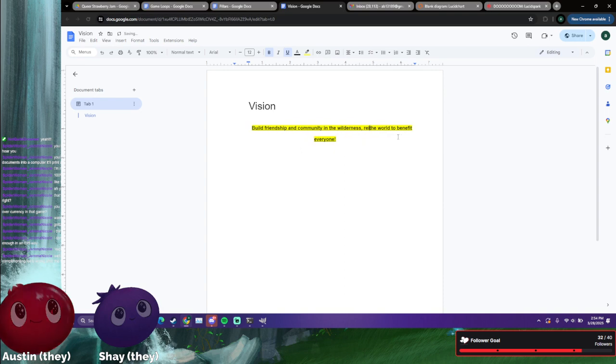What about reimagining the world to benefit everyone? Because that can still include building things, making changes, but it's not just about resources or exploitation. It gives more of an idealistic vibe, which I think is, to me at least, kind of core to the identity of this game. I can't remember the word specifically, but something along the lines of encouraging growth. And that could be both physical, emotional,